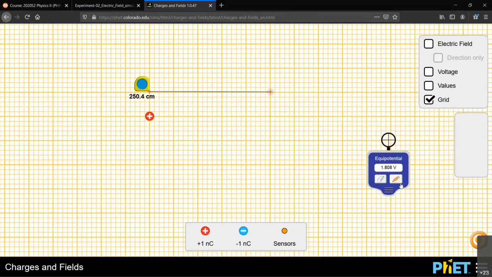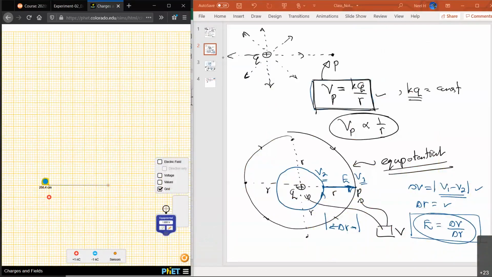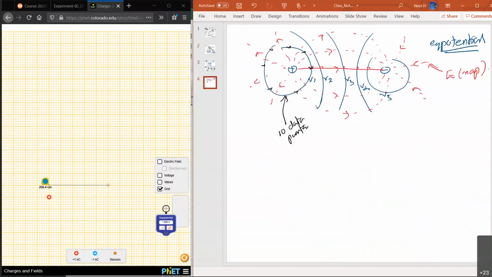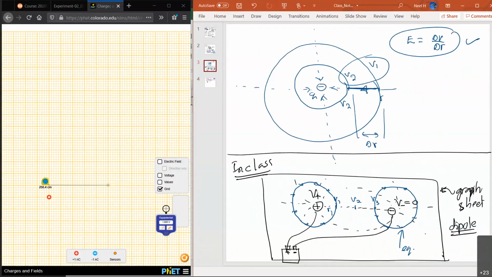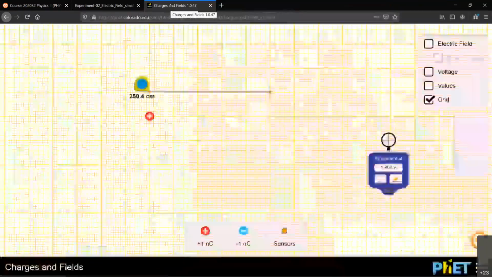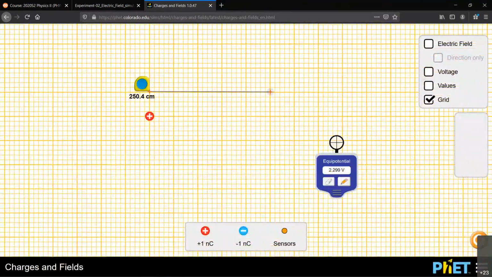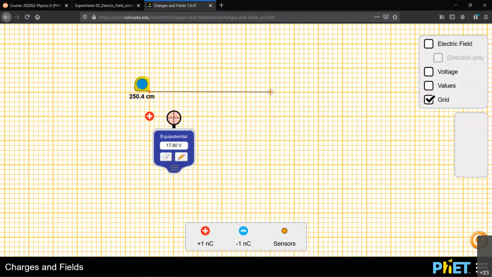All right, now step number one is building this equipotential line, right? If you have a point charge and you go a distance r away and measure the same potential around the point charge, you can build a line. That line is called the equipotential line. To do that, we go into the simulator and bring this potential sensor. Let's go about 50 centimeters, okay, 50 centimeters.